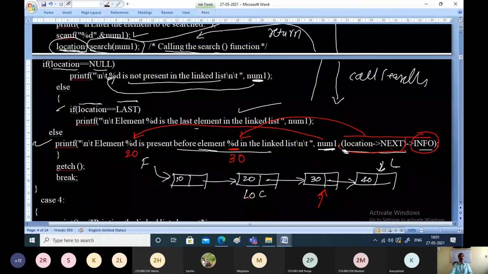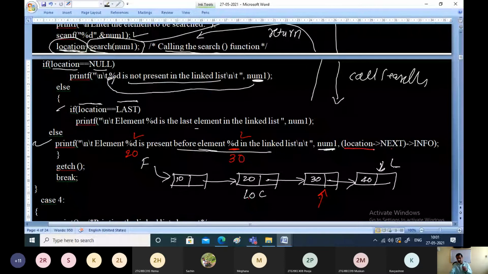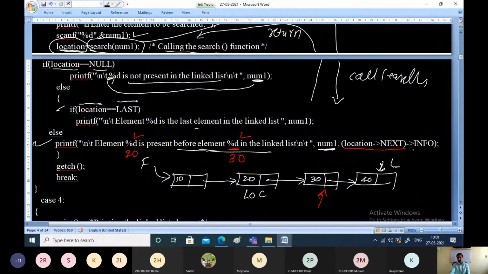Right? So what does it cause? It causes the pointer to point to the next node of the location. Just go to the next node, and from wherever you go, whichever next node you go to, extract the information part of that. So what is the information part? 30, and this 30 will be taken and printed here.